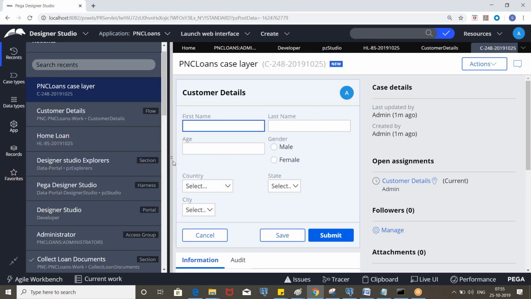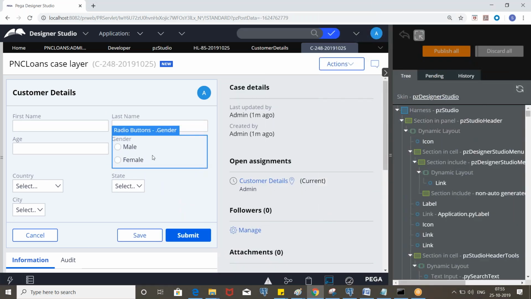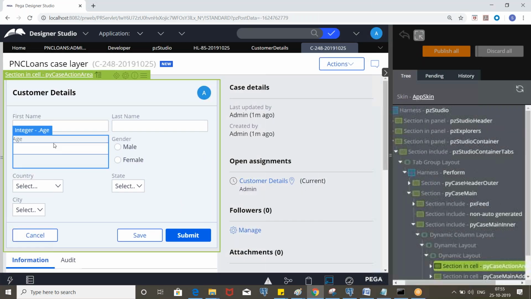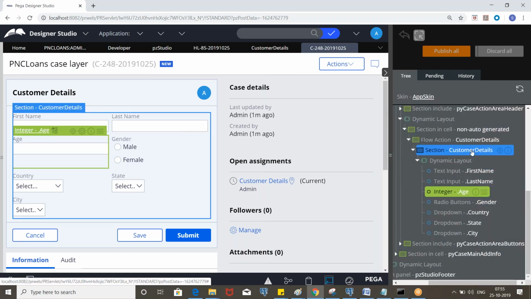So if you want to add some property here, just take the live UI and move the cursor towards the screen, and you see these properties are available in the customer details section.